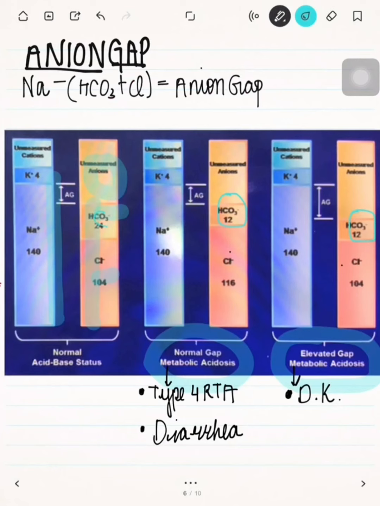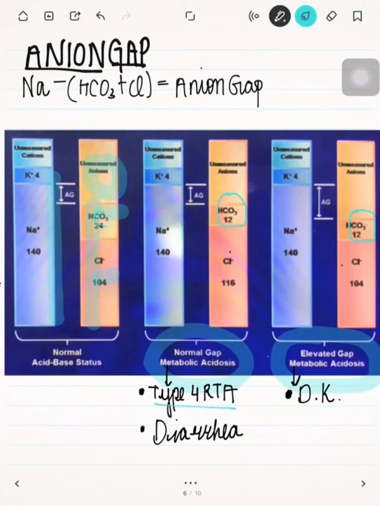But in other conditions where there is a normal gap, the chloride is increased. This chloride may be increased because of disorders in the kidney or in the GI tract. Like in diarrhea, we lose bicarbonate and chloride is retained. So this becomes hyperchloremic metabolic acidosis. This chloride ion will buffer the hydrogen ion. Similarly, in type 4 RTA, which is due to decrease in aldosterone action or secretion,